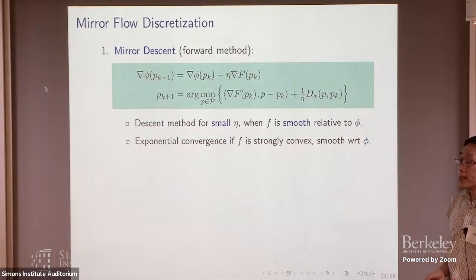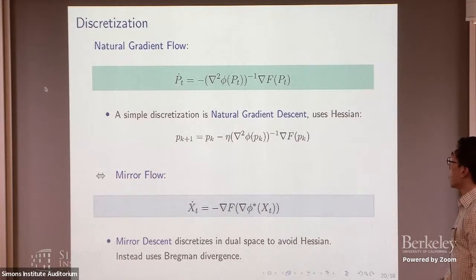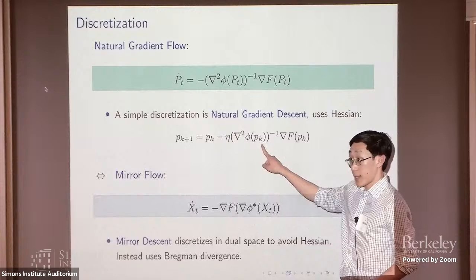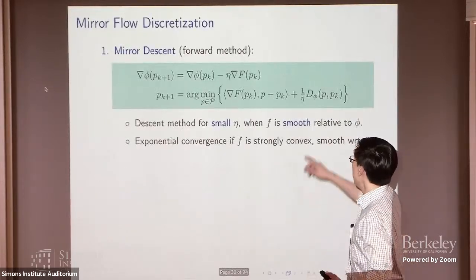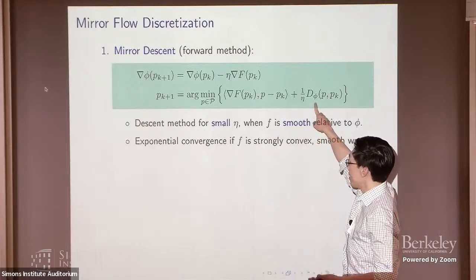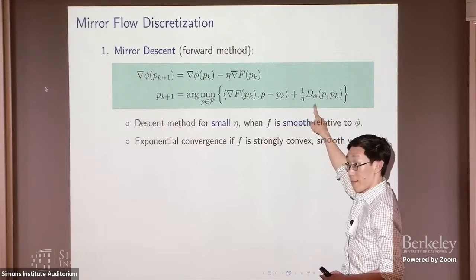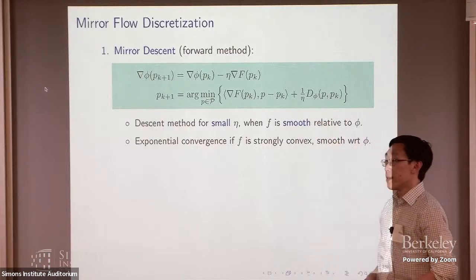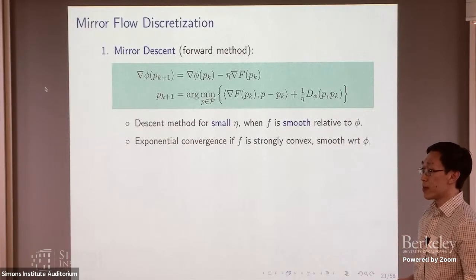Yes. Sorry, what you said is not super clear to me. Why is the primal Hessian-Riemannian update more costly than the mirror descent update? In the sense that it requires this Hessian, and the other thing requires solving a convex problem. True. Sometimes in some natural examples, like on a simplex, the Hessian is also trivial to calculate. True. Yes. So I'm not sure I see why it is one.